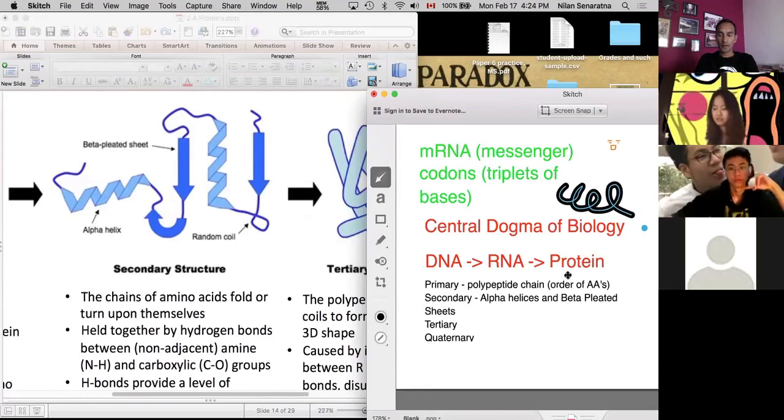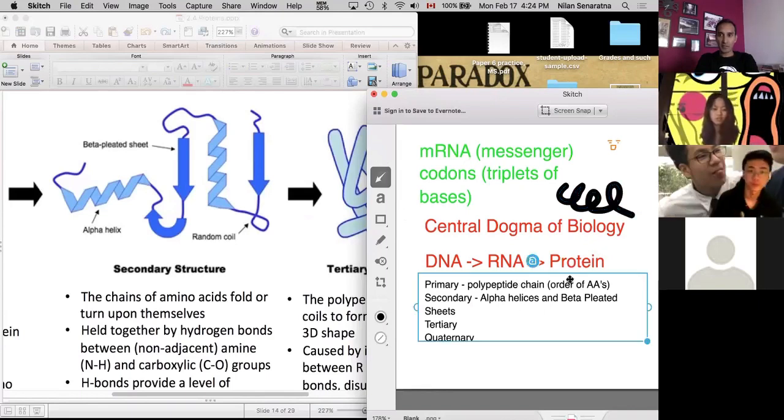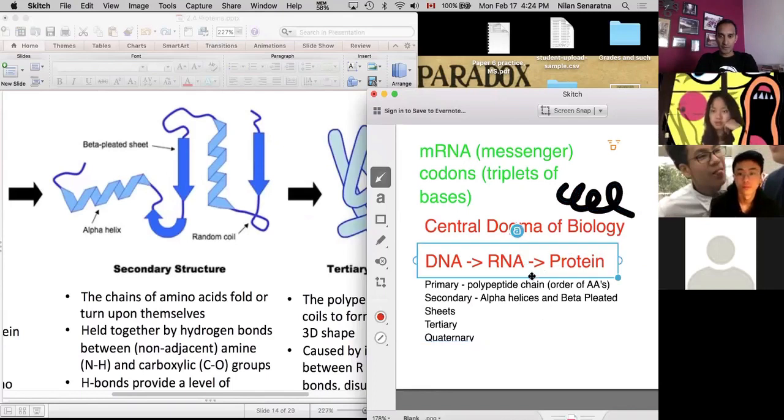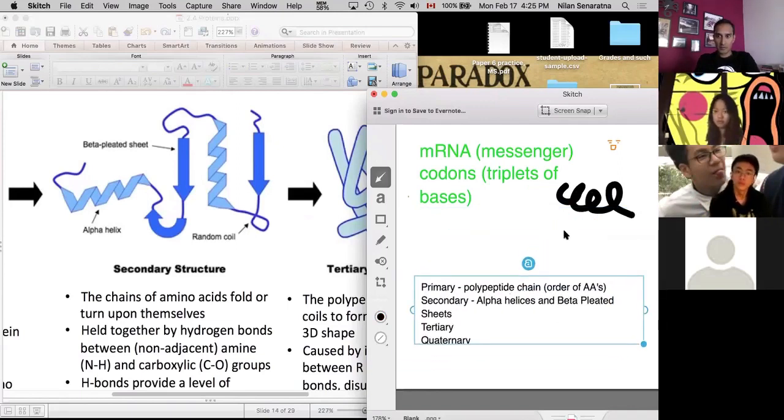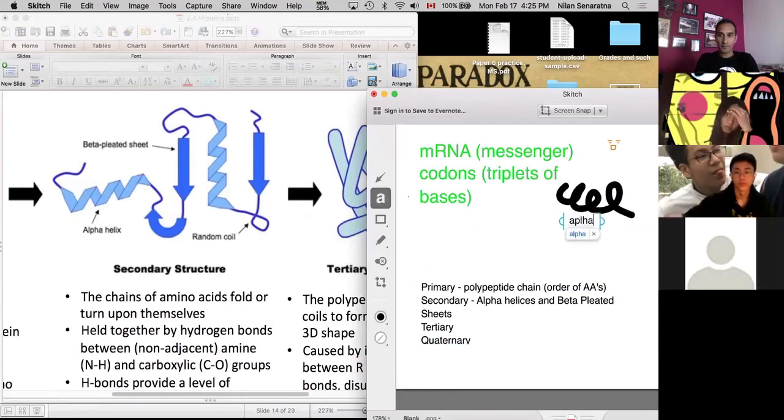Okay, alpha helix is just basically a coil. It looks like this one over here. Some of the interactions, a few amino acids are attracted to each other, and it creates this spiral shape,